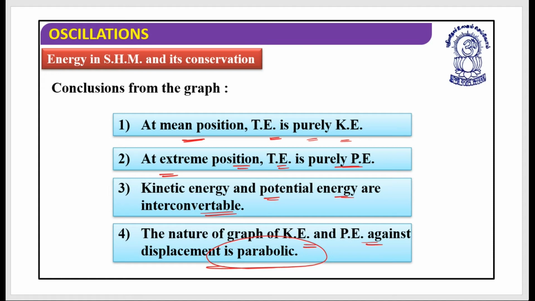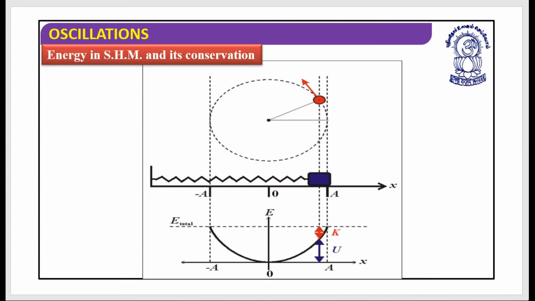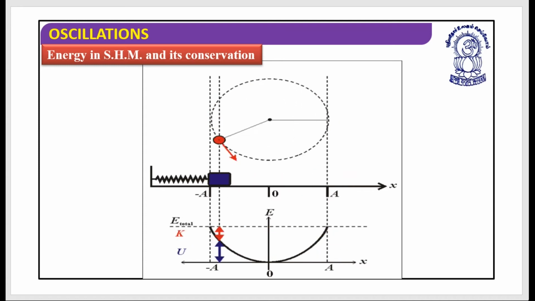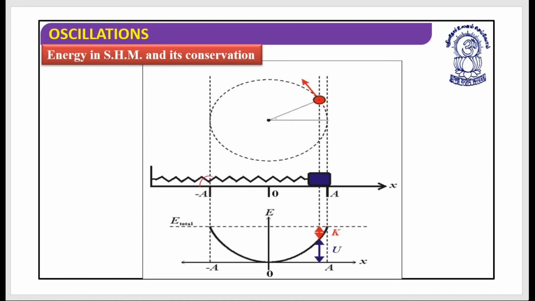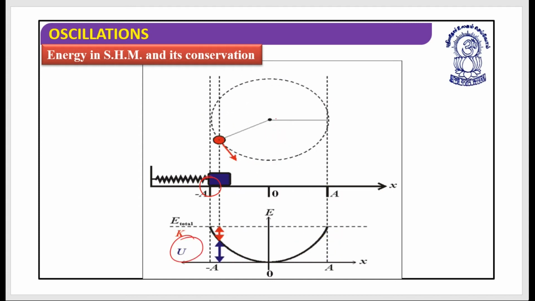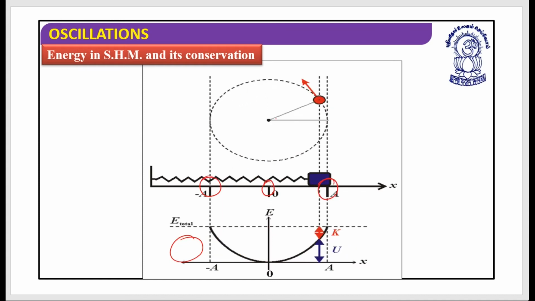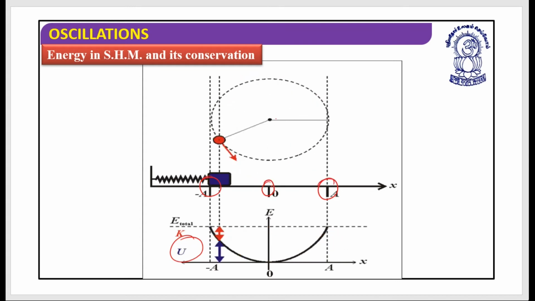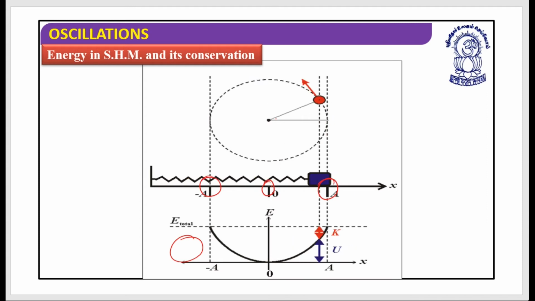We have one more very interesting demonstration of this. As you can see this, try to understand what it represents. Have you got this? If you see this, this is when the block is at minus a. When the block is at minus a, the potential energy is maximum. When the block is at this position, your kinetic energy would be the maximum. And when this is at plus a, it is the potential energy which is maximum again. I hope you understand this and you like this.